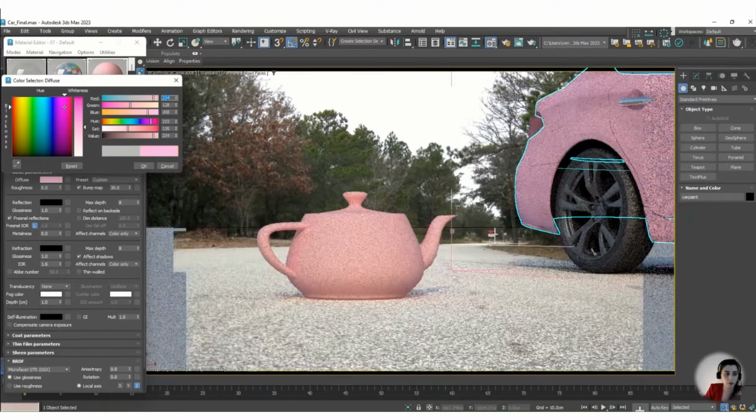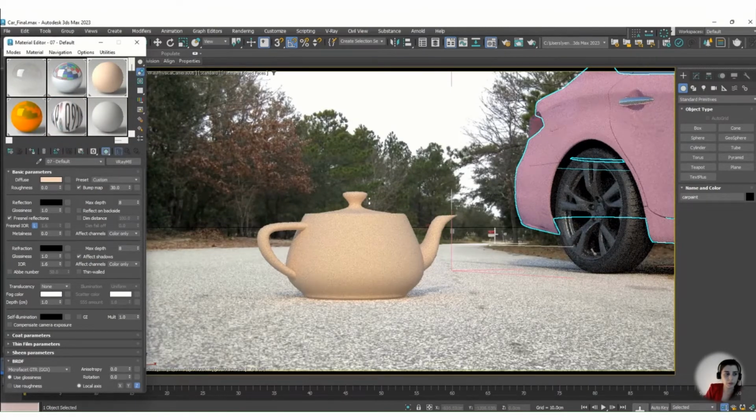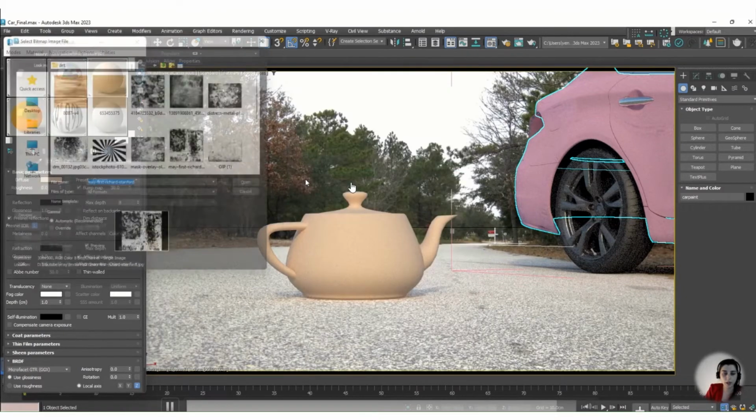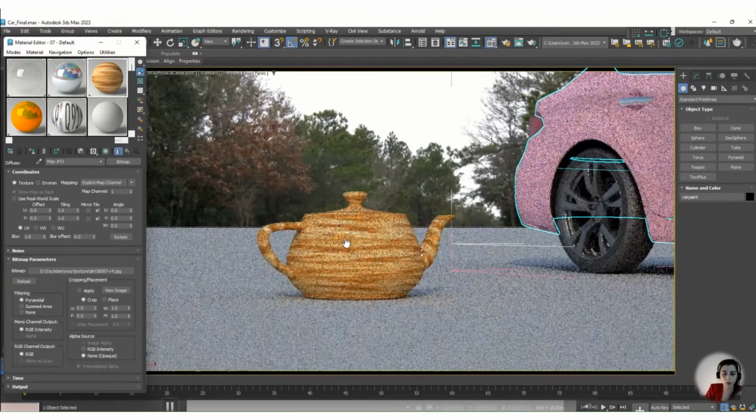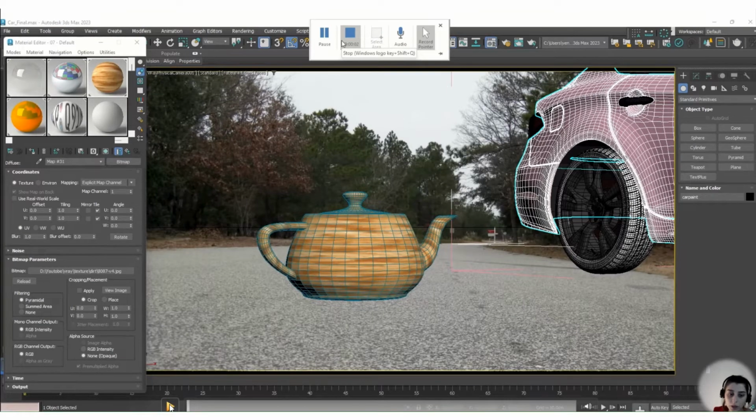On the diffuse, you can change the color of the material. As you can see, it's just the color, or with a bitmap you can choose the texture for the object that you have. You can assign any picture and texture as a material to your object. It's up to you to choose the texture, but be careful about the